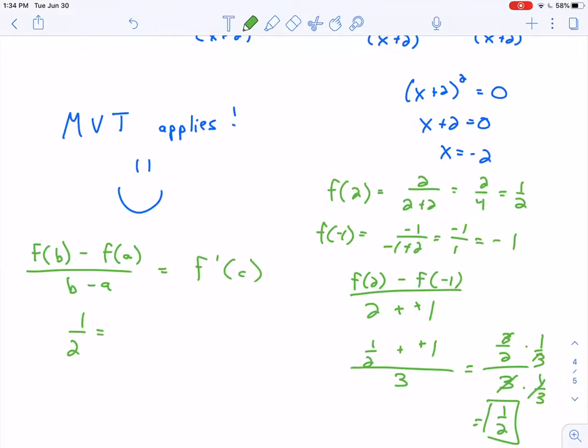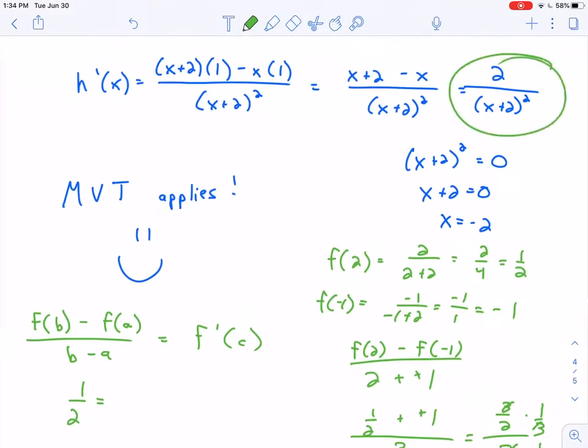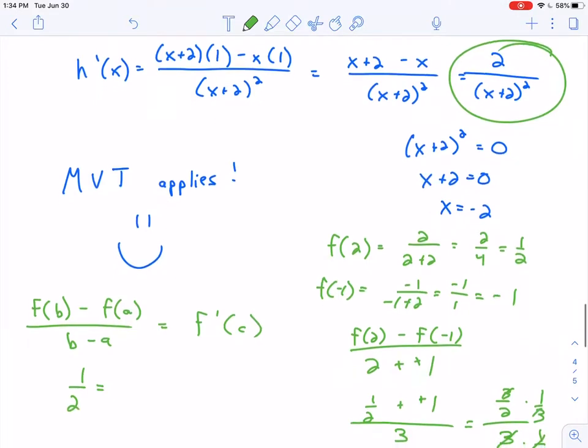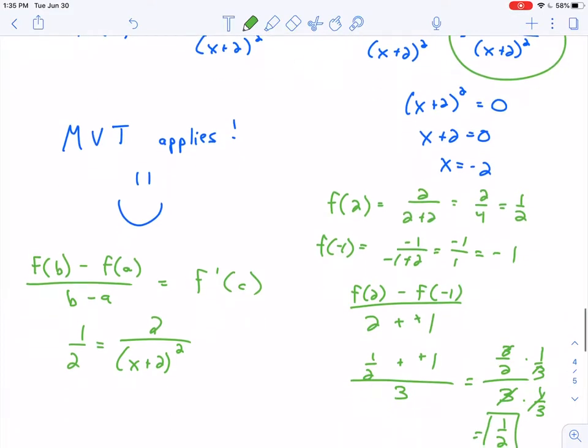I'm going to set that equal to the derivative, which I found earlier. The derivative simply said 2 over x plus 2 quantity squared. I'm going to go ahead and try to solve this equation now. So I'll multiply both sides by x plus 2 quantity squared. Actually, let's do that in red so that we don't get mixed up. I'm going to multiply both sides by x plus 2 quantity squared, which on the right-hand side, those two terms will cancel. I'm also going to go ahead and multiply by 2, which means these two will cancel. So I should have